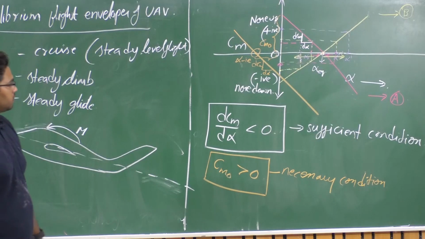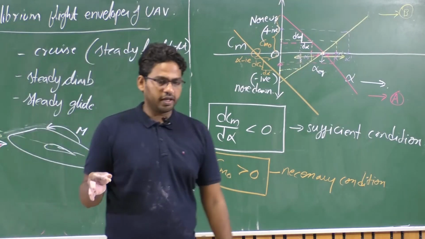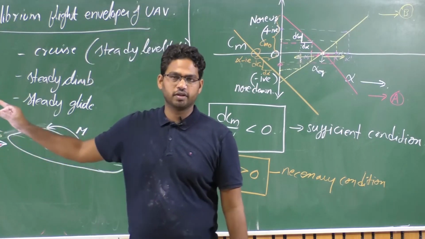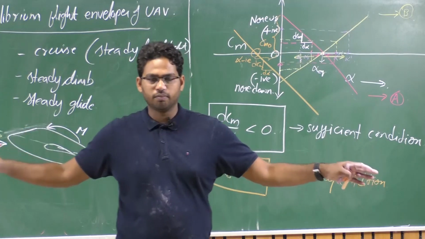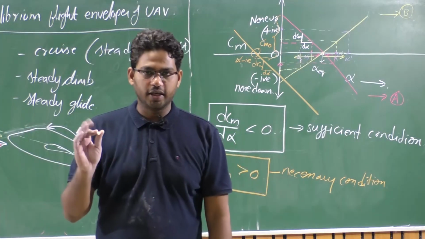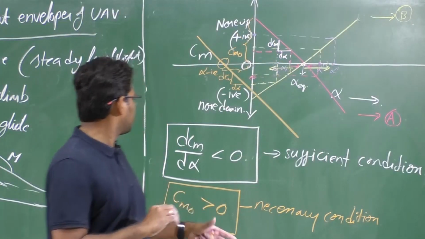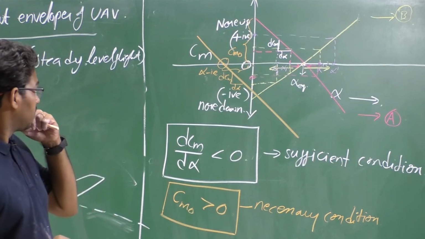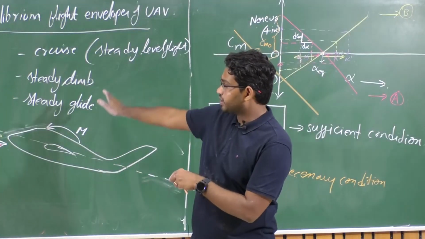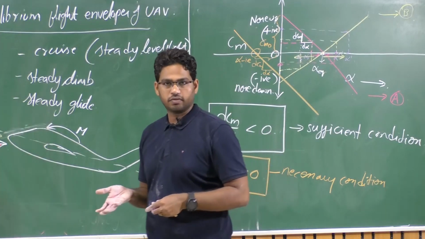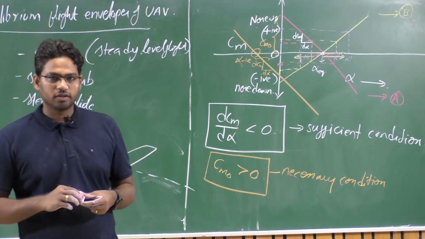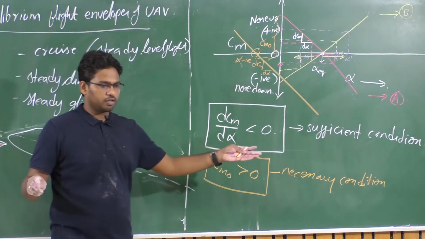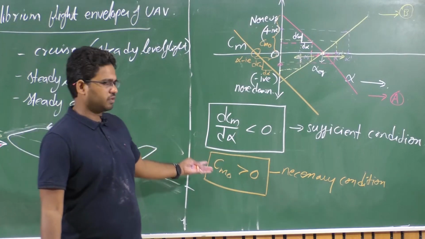Okay. So our aim is to look at what is the contribution of these various components of the aircraft. Say we looked at various major components, like wing, propulsion system, tail, and vertical tail. So how are they contributing towards this Cm alpha and Cm naught of the aircraft, right? And we should never forget that these moments we are talking about are about the CG, center of gravity of the system. So with respect to that, how are these components contributing towards this stability, right?